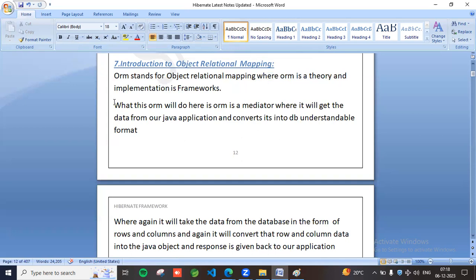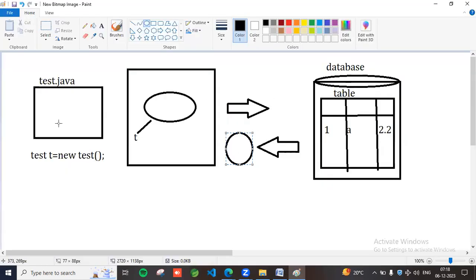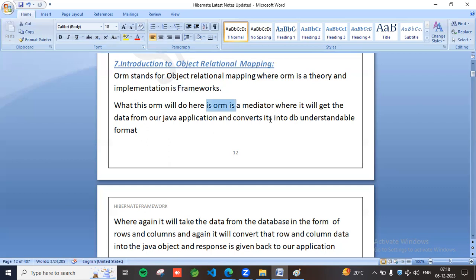Sir, what will ORM do? ORM is a mediator which will get the data from our Java application. Assume this is our Java application and it is getting the data. Next, what is it doing? It converts the data into a database understandable format here,